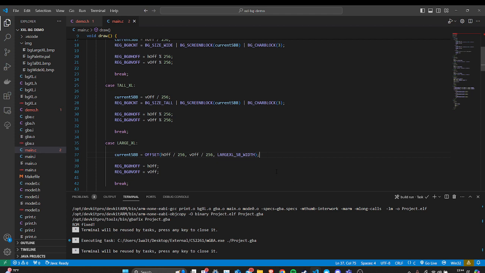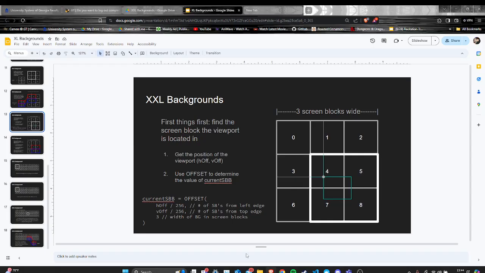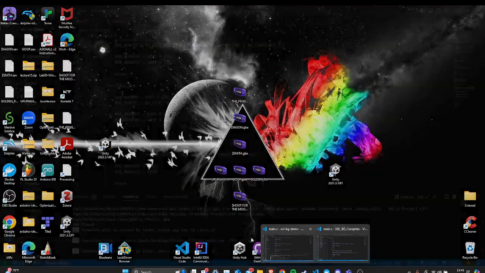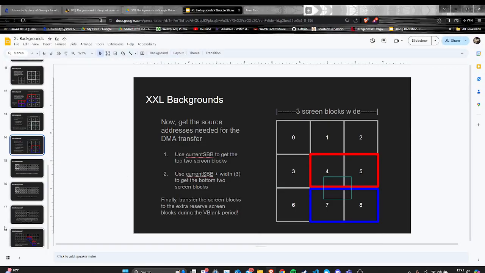So that's going to give us our current screen block. And we can use that when we're actually figuring out what our source address for our transfer is going to be. Because we're actually not going to be displaying at screen block 4 like this. Because again, these things are not continuous. We cannot show a square at this location using these indices. So instead, what we're going to do is we want to take these and basically just throw them into a